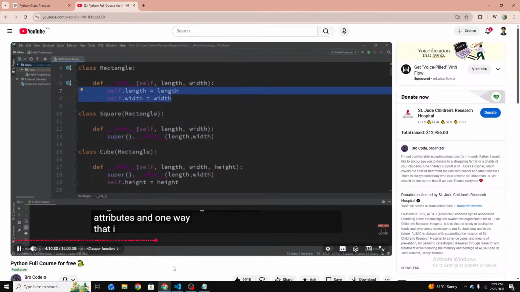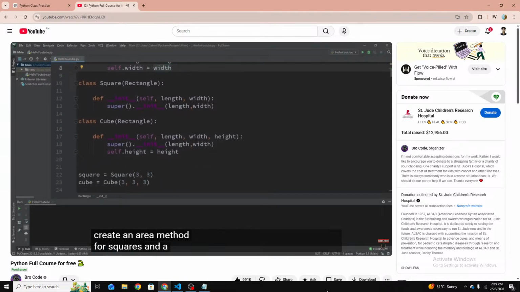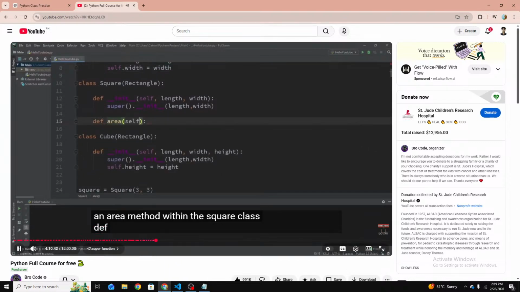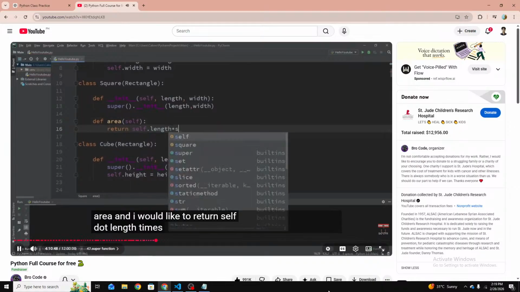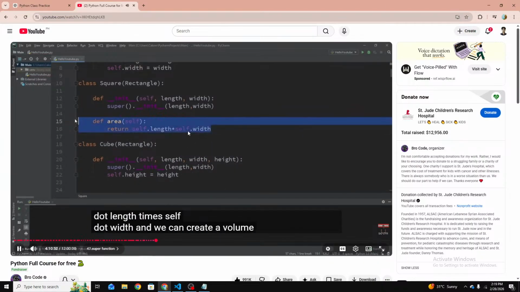And one way that I think would be fun would be to create an area method for squares and a volume method for cubes. def area: return self.length times self.width. And we can create a volume method within